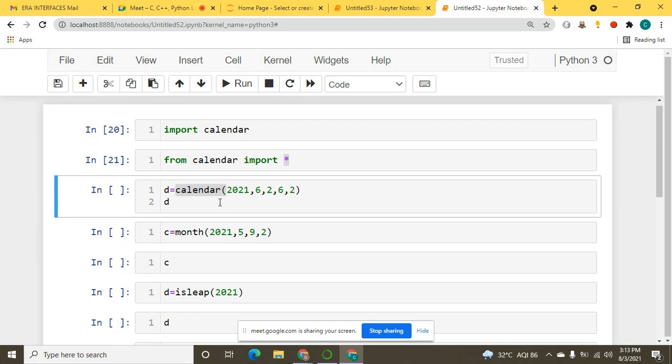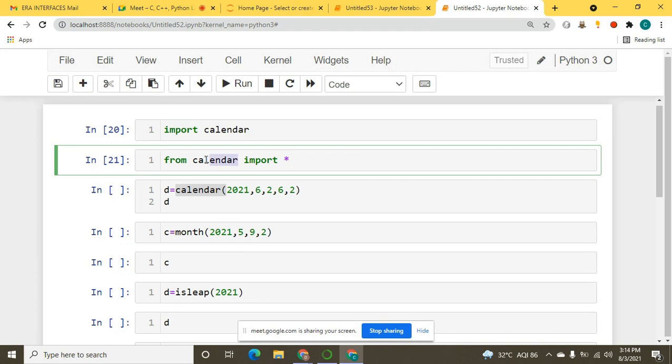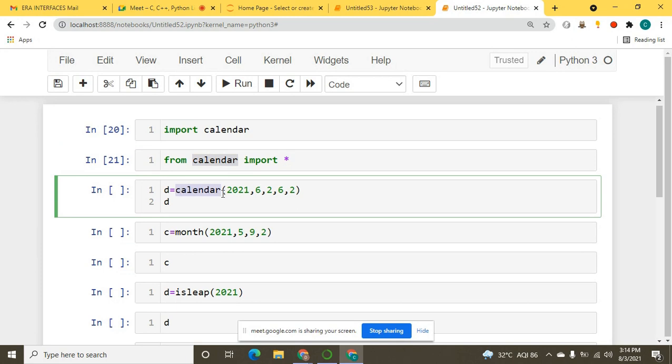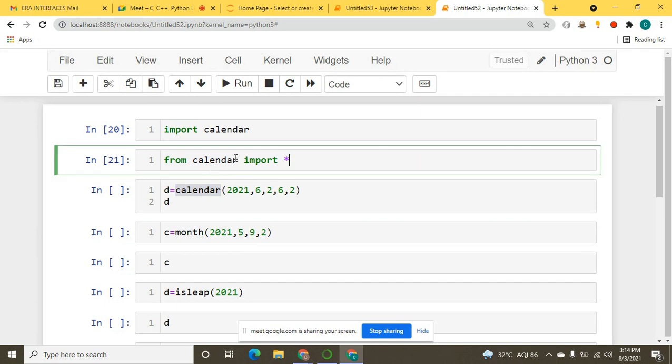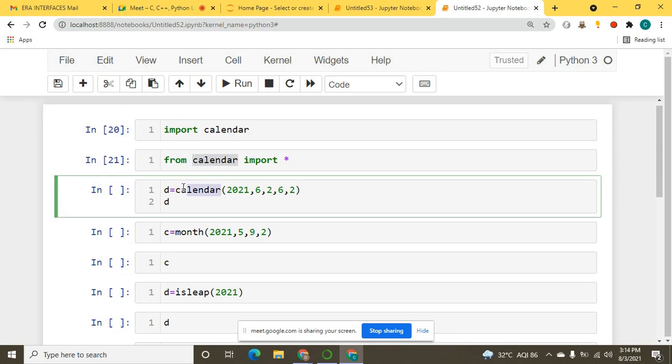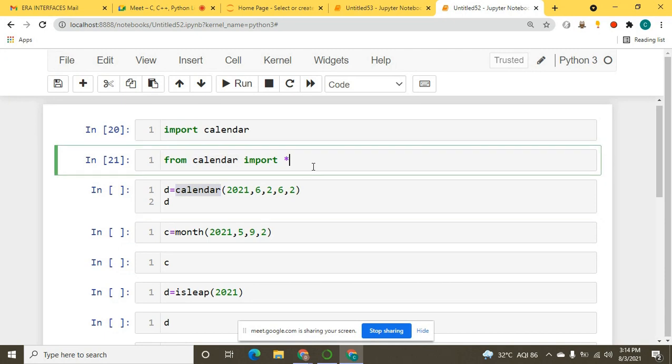What do I want to do? I want a calendar from this calendar module. This calendar is your module name, but this calendar is your function name inside this calendar module. So don't get confused. I will clear you again that this calendar is your module name, right? But this calendar is your function name inside this calendar module. So let me show you that.